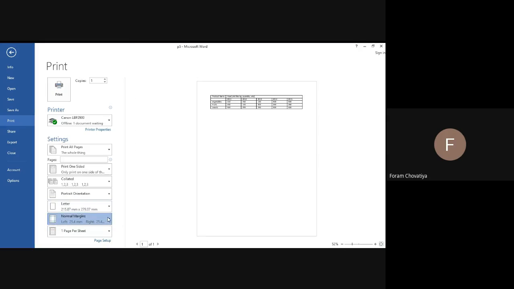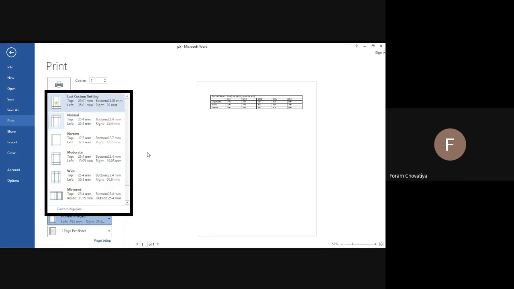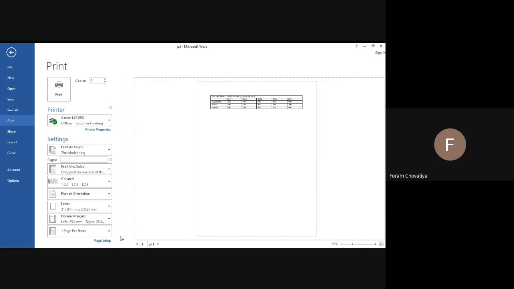Then margin: you can set the margin, and a margin preview and the size are also available. Okay, see first. Done. Then, how many pages to print on a sheet?